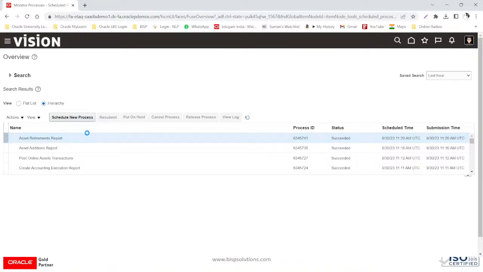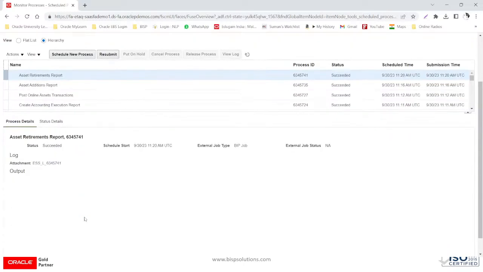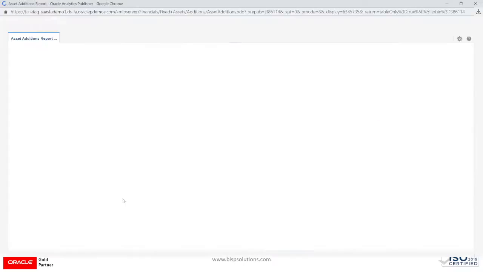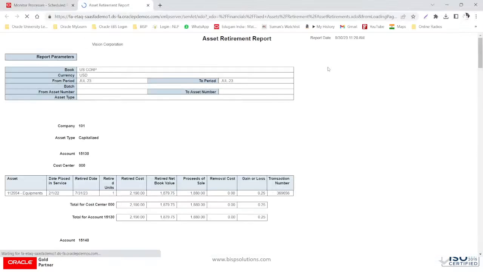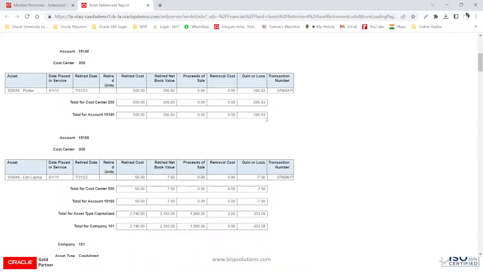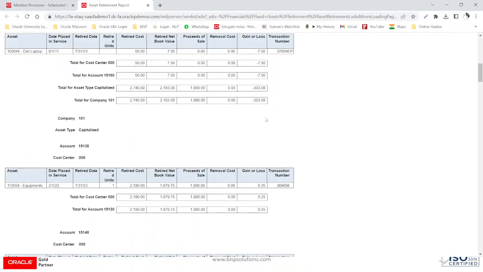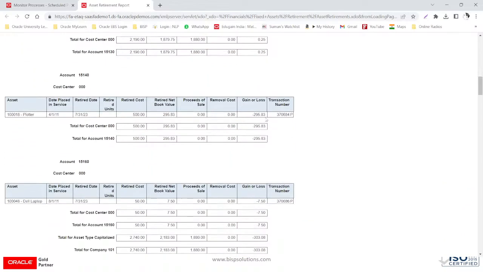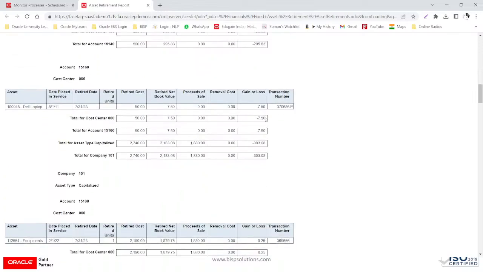Let us view the report. Here we are. It should look like this basically. So we have retired these assets. So you can see